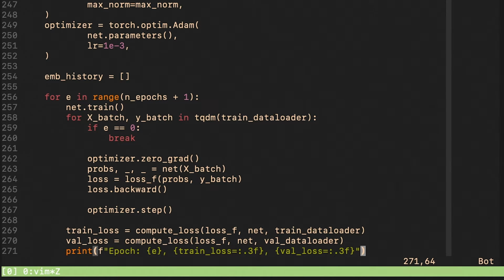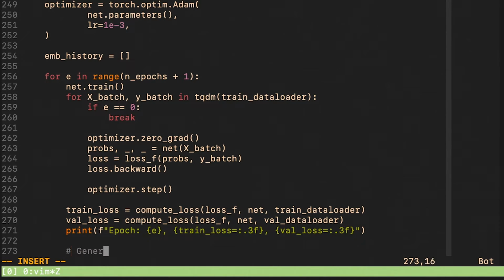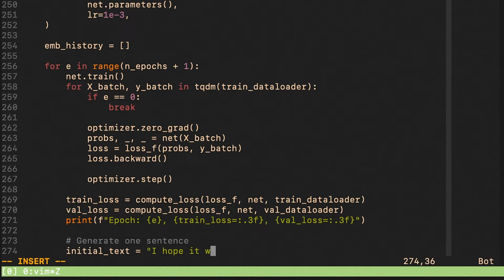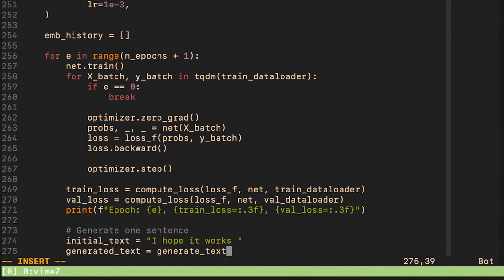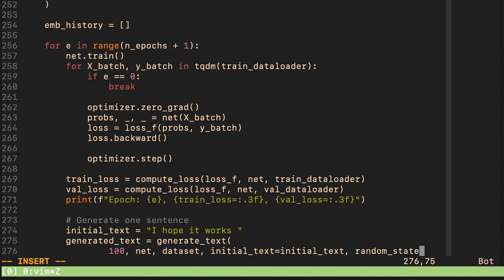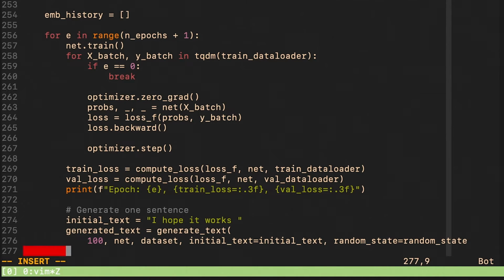At the end of each epoch, we will compute the average training and validation loss. We will also generate some text using our network, and that will allow us to monitor whether the model is getting better.